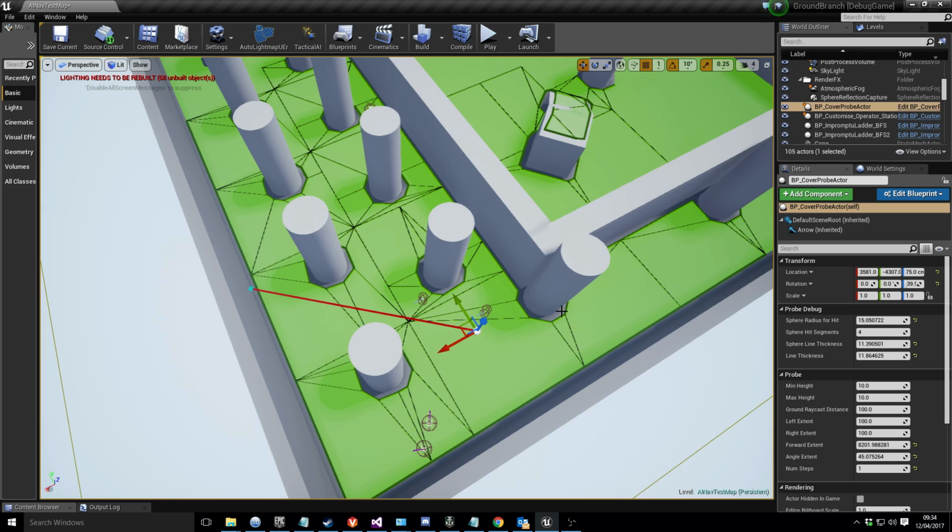So I've been testing a new method for this, and I thought I'd show you the kind of thing that's going on here. So this is a cover probe actor, and a cover probe is essentially a thing that scans out the world, and it will generate cover along the nav mesh edges given a particular point. So what essentially it's doing is a nav mesh raycast against the edges of the nav mesh bounds, and what I will be doing eventually is building up a set of